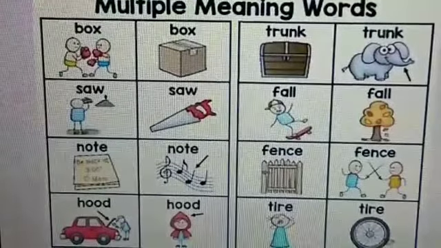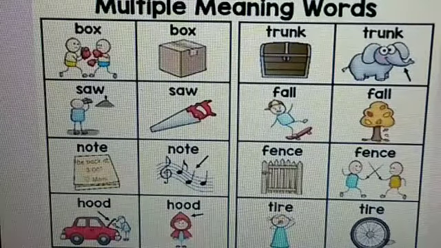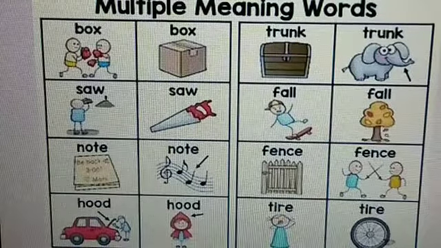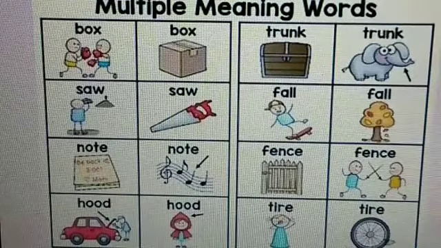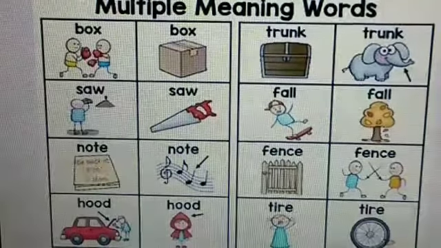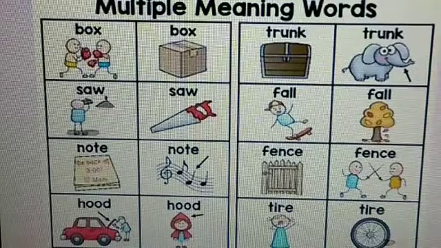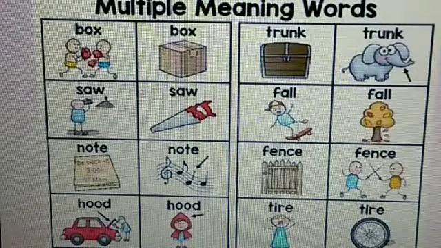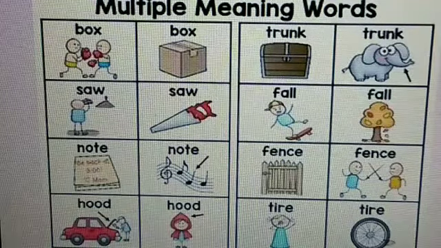Some more examples of homonyms you can see. Multiple meaning words. Box. You see two of them are boxing, no? So, they box each other. Second one, box. Any box, trunk box or anything. Second one you see, saw. It is a verb. See, past tense is saw. The other one, saw, we use for cutting wood. And the next one, note, notebook. The other one is a musical note.